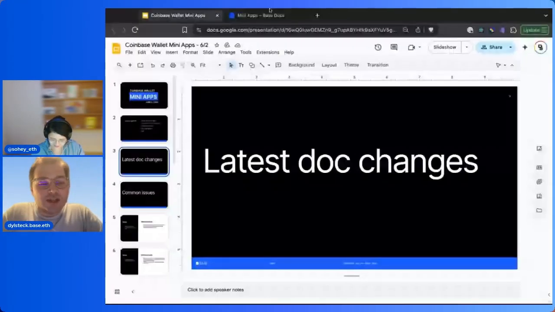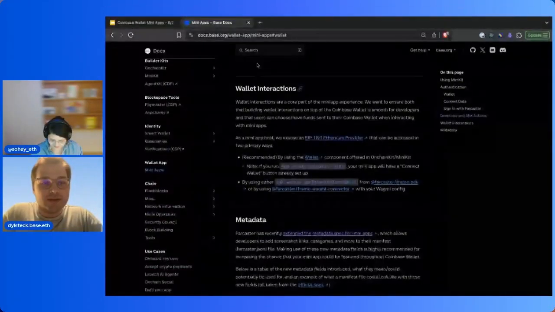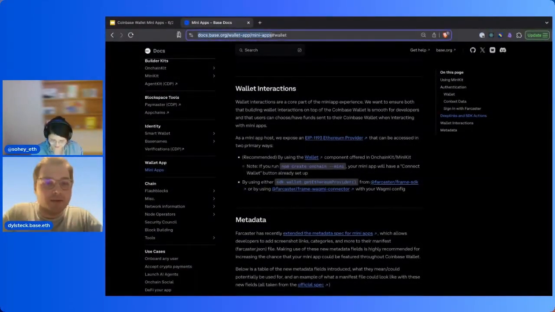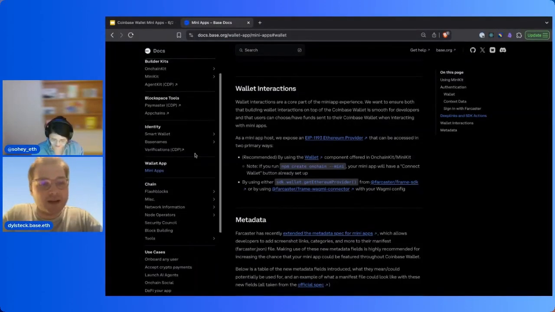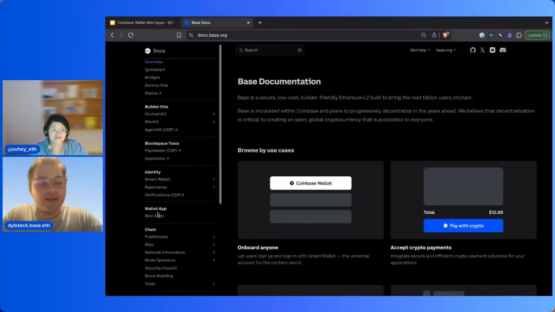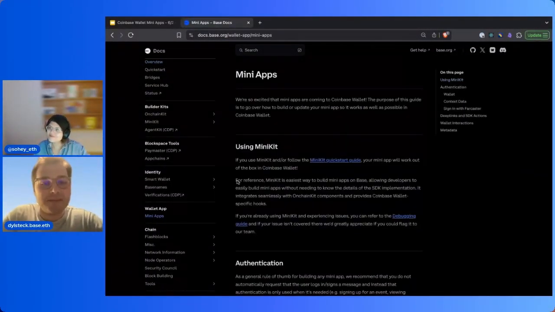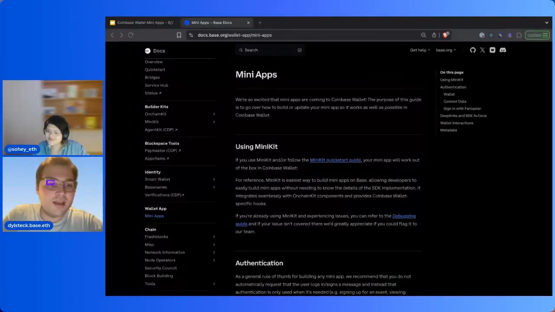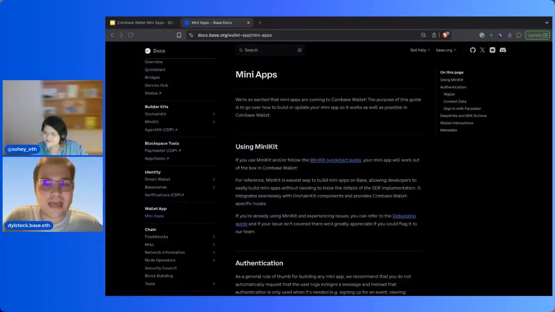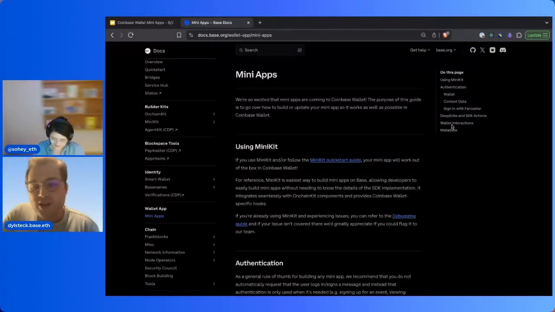So latest docs changes. I'm going to pull up the docs for those. So if you haven't already, I will go put this in the chat in a second. If you go to docs.base.org here, you can just click on the side where it says wallet app and click into mini apps. This document here is essentially our official recommendations on making sure that your mini apps work as smooth as possible in this Coinbase Wallet. All the other docs are a little bit more focused on specific implementations with our different kits. So for example, MiniKit, OnchainKit, AgentKit, you can find those docs here as well. But in terms of the changes we made,